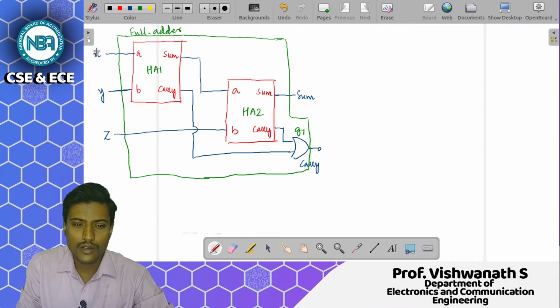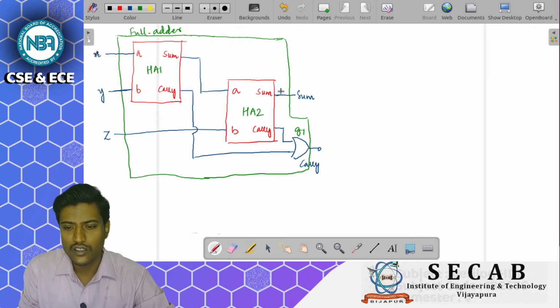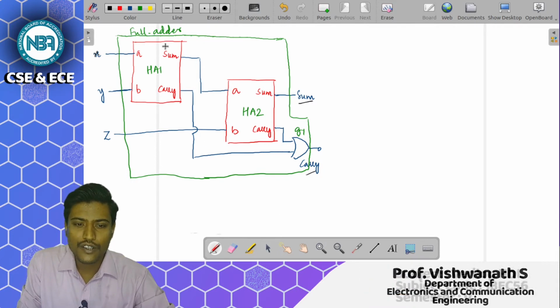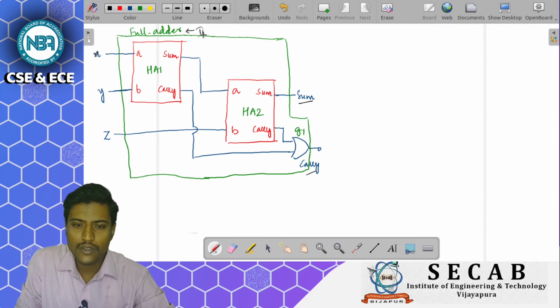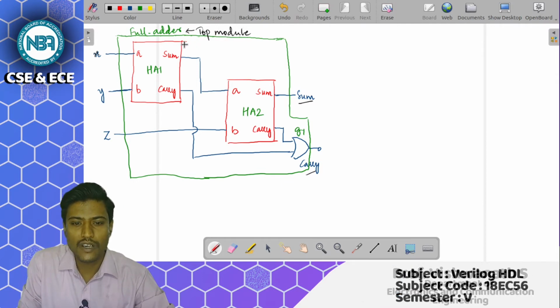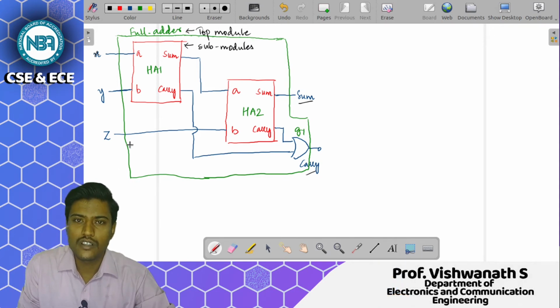The port names we have given are X, Y, Z, and the outputs we have declared as sum and carry. This full adder becomes my top module, and the half adders become our sub modules.